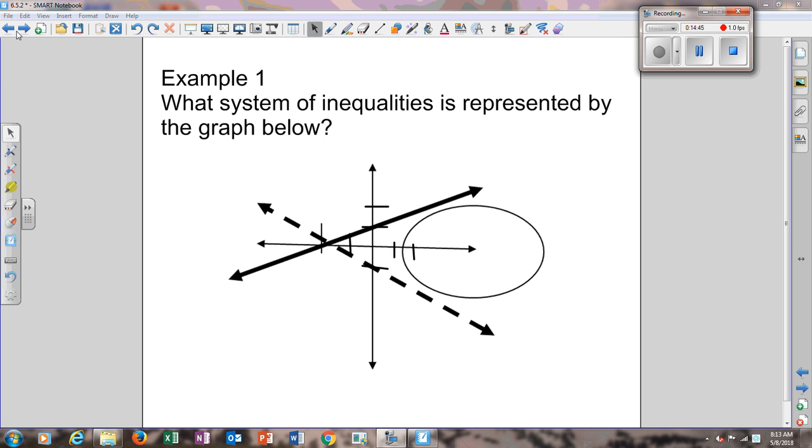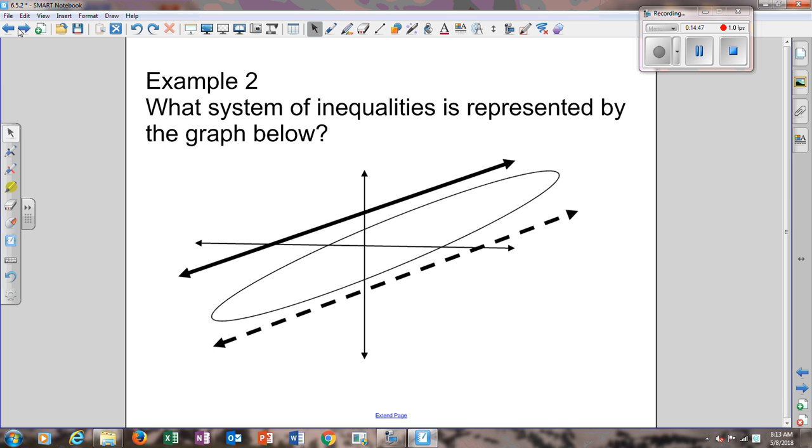So it's not too bad based on what you know so far. Look at this one. I can draw my lines in here. So it starts up at 2. It's a solid line, and your shading is below it. So it's going to be y is less than or equal to